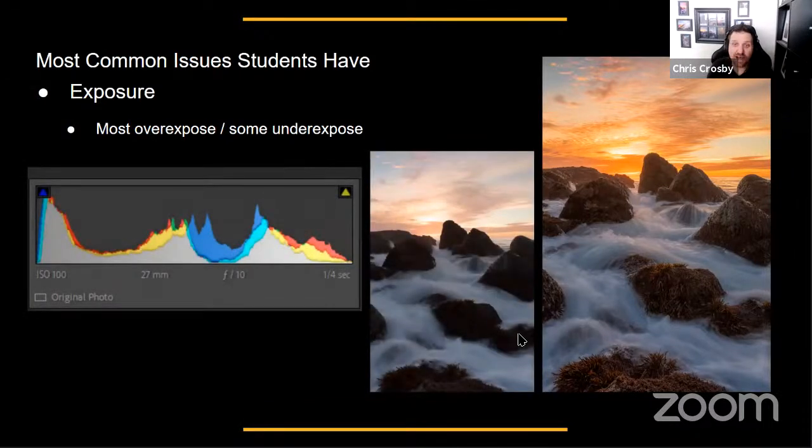So this is a raw file of that shot. And you can see that if you look at the image, the sky looks a little bright. And that's true because I do have a little bit of highlight clipping. I struggled to get this all in one shot. But if you notice, the shadows are really dark. And the first thing people look at when they're exposing their image and previewing their shot is the shadows. And you can't be scared of having a little bit of shadows. But if we look at the histogram here, I don't have any black clipping or my image isn't too dark. There's detail there to be recovered. And as you can see from the image on the right, there's plenty of color and detail that was recovered